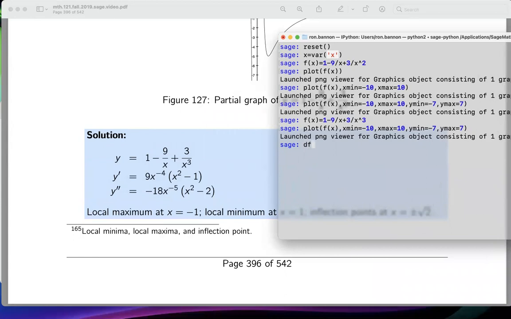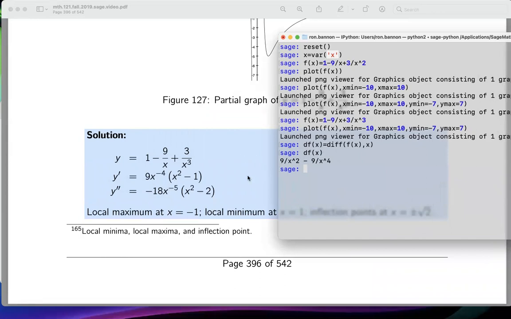So I'm going to say df of x is equal to diff, D-I-F-F, of f of x with respect to x. And I want to display df. I want to see if I got the same answer. And what do they give me? Well,